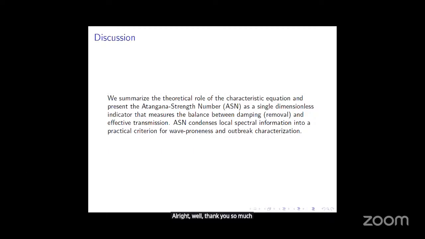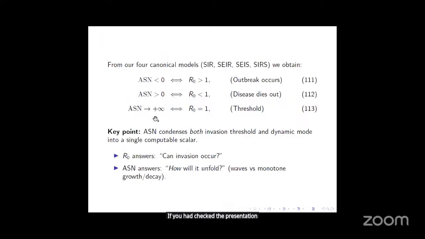Thank you so much for that question. It's an extension of what we already know with the threshold number, but it can have many applications. Remember we said that the first one, R0, answers: will the spread become endemic? Is it going to be uncontrollable or not, so that we can advise the government or those in health sectors to control the disease? So it acts as a parameter that tells us whether this worst case is going to happen, or whether the disease will die out. So the Atangana strength number,